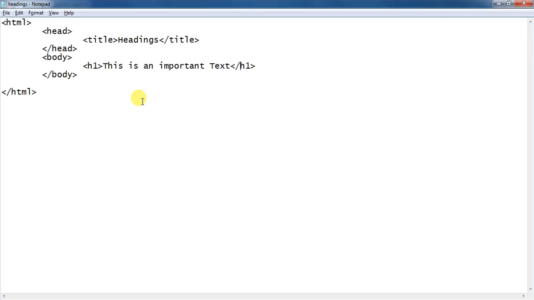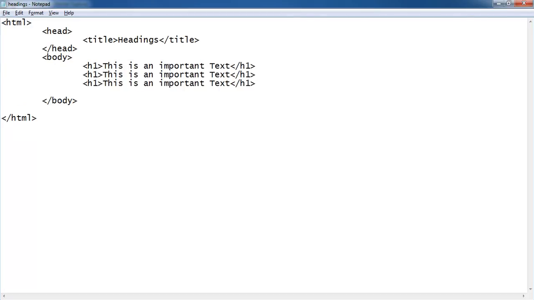Going back to our program, as the HTML h1 tag has formatted our text, we have some more options through which you can format the text. For example, the same text I want to display by using 6 different headings.